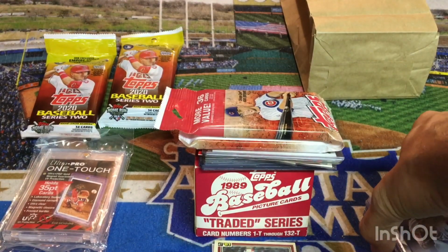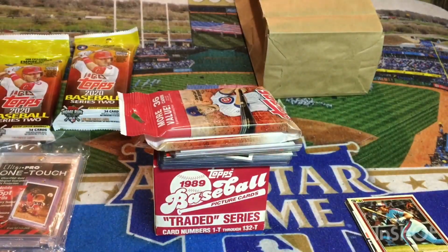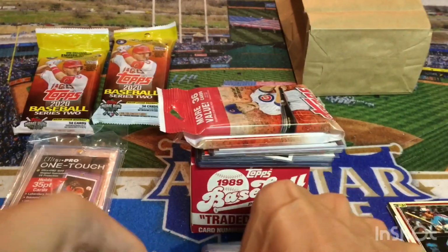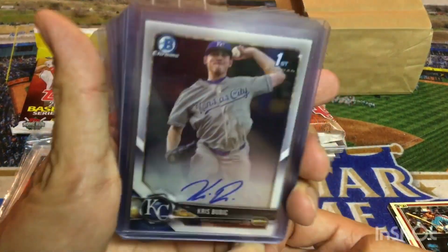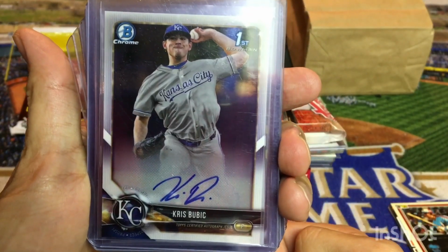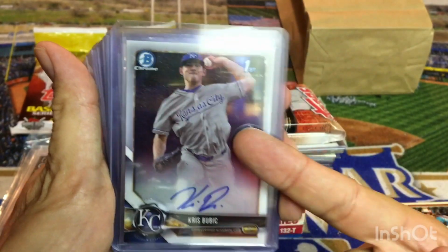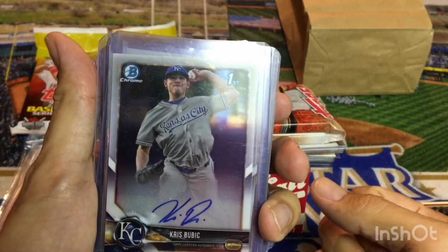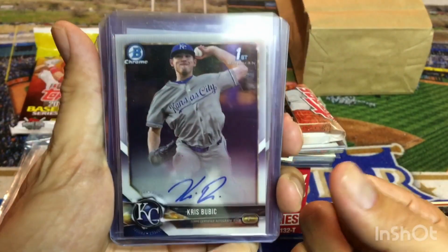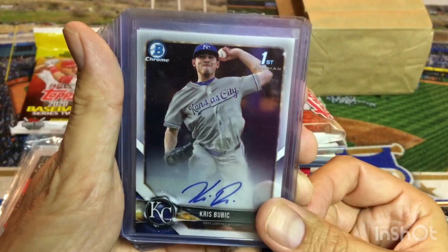And then in his case, I found some cards. Whoops, sorry about that. Knocked my camera sideways. Found some cards in his actual case, and thought I would pick them up. Now, these first two are kind of prospects. This is a first Bowman Chrome auto of Chris Bubic, who is making his Major League debut right now as I record this video against the White Sox. He just got called up tonight to start the game against the White Sox. I may not release this video tonight, but at the time of this recording, he's actually making his Major League